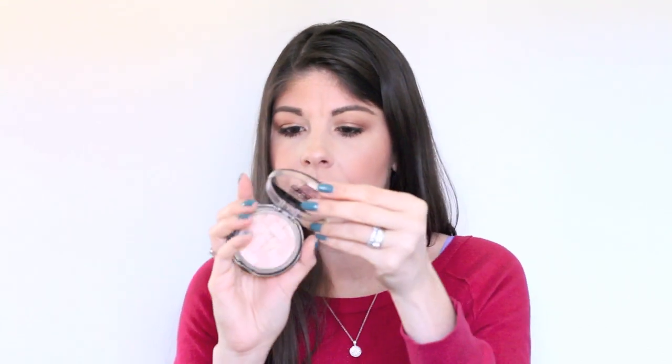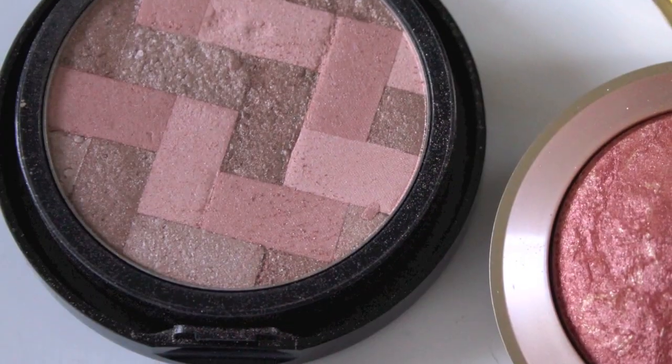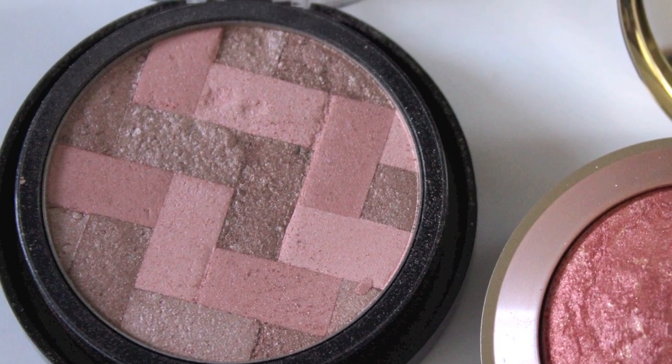And then for the highlight category, it's actually a highlighting blush, and it comes from Maybelline's Master Collection. This one is in the shade number 10 Nude, and it does look like a blush because it has that rosiness to it, but there are strips weaved within that are sort of like pinky golds or just pure golds, and I tend to dip my highlighting brush into those little gold strips just to highlight the tops of my